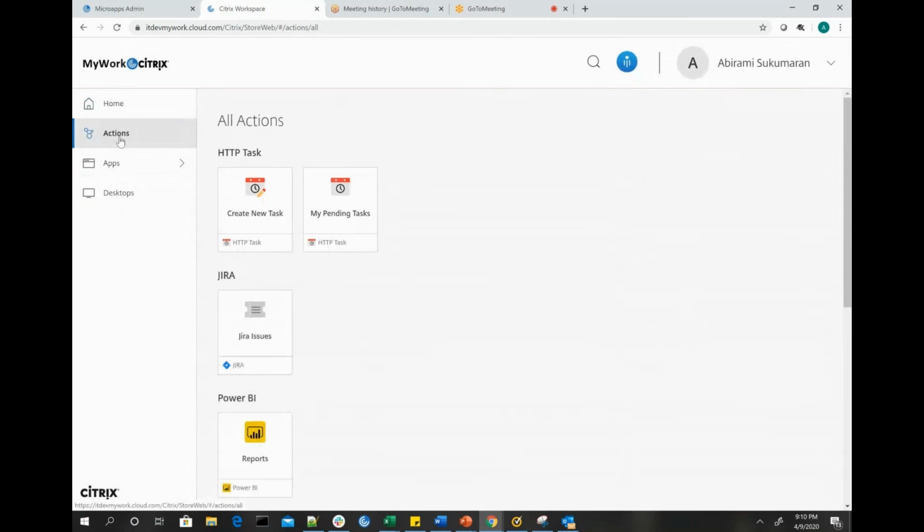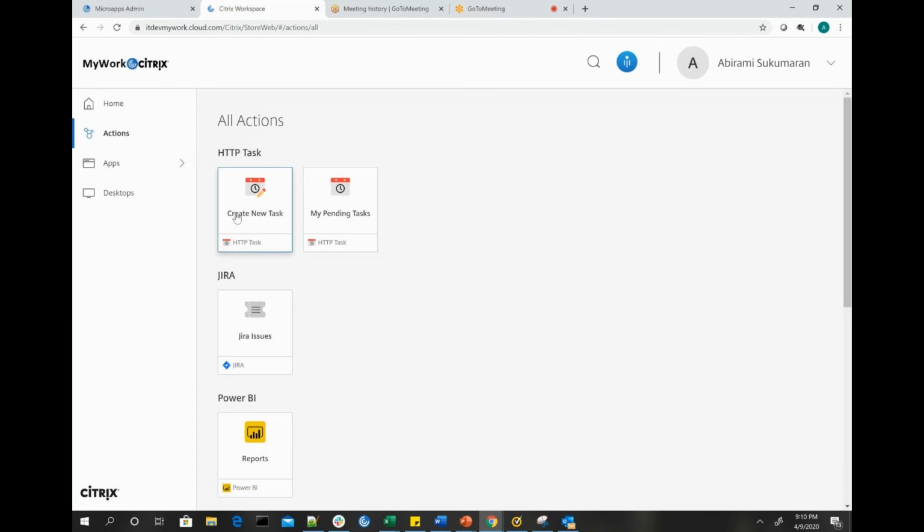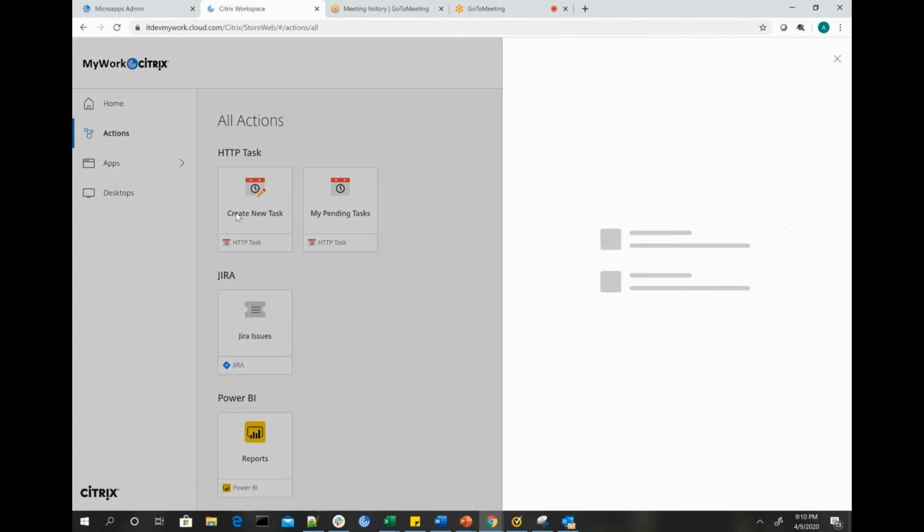And next one is to view the actions. So those are two things we saw, and now it's pending action. So I click on my pending task. It opens up the consolidated view of the tasks that are assigned to me, which I created for myself. And that's it. And then now finally, to create a new task,